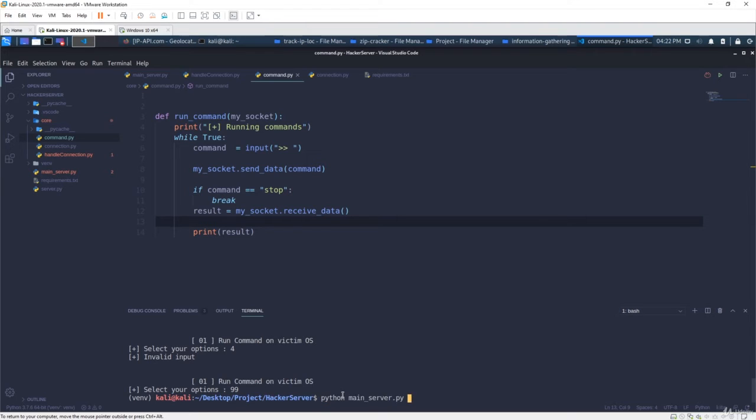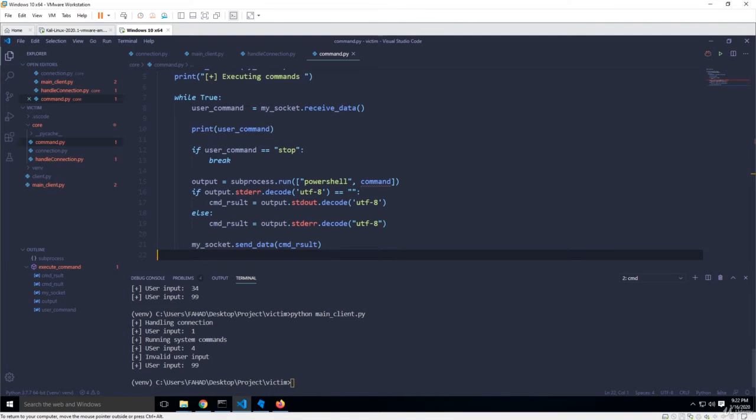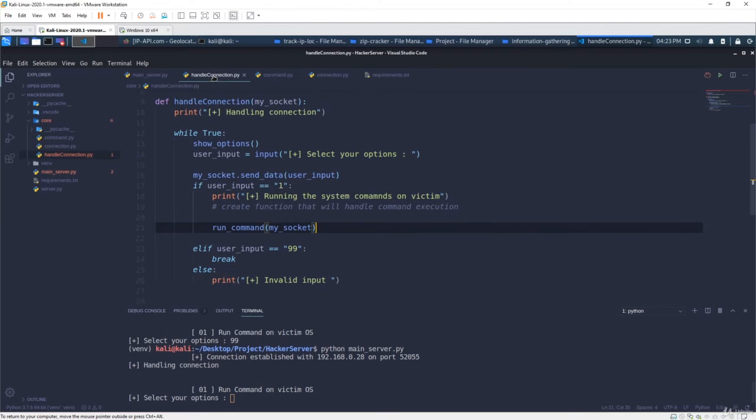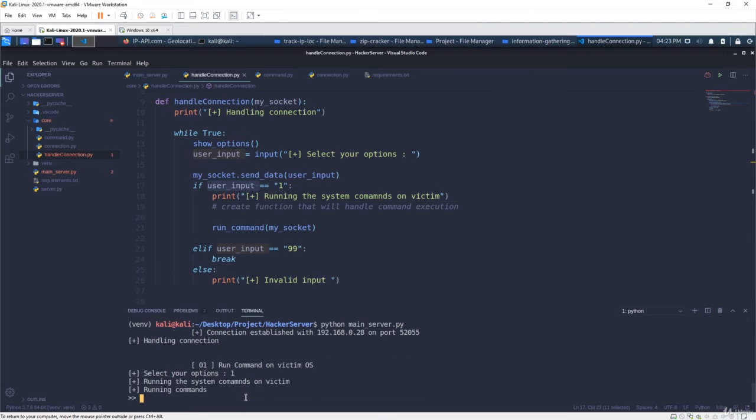So I can say Python main server, and now it's waiting for connection, and then I'm going to run this client here. So now you can see that we have a connection. So now I will select the command execution menu, which is, if you go to the handle connection, you can see that it's this one. So I will press 1 and you will see that we are into running command mode. So now I can give the command. So if I want to check what are the files in my directory, I can press dir,